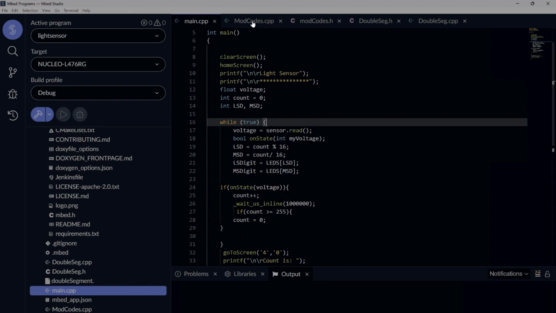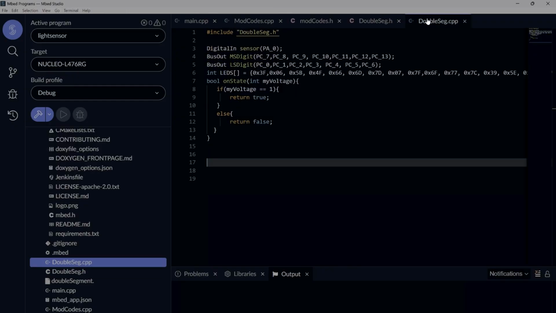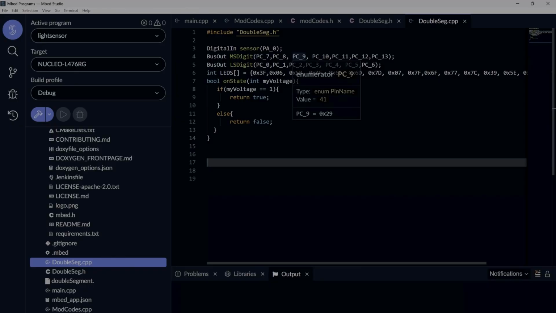These codes, as I showed you, are the hexadecimal codes. When it goes 0, it's at 3F. When it goes to 1, 06, 2, 5B, 3, so on and so on and so on. The least significant digit is 0 through 6. That's the one on the right side. Okay? That's the one on the right. So that's the least significant digit on